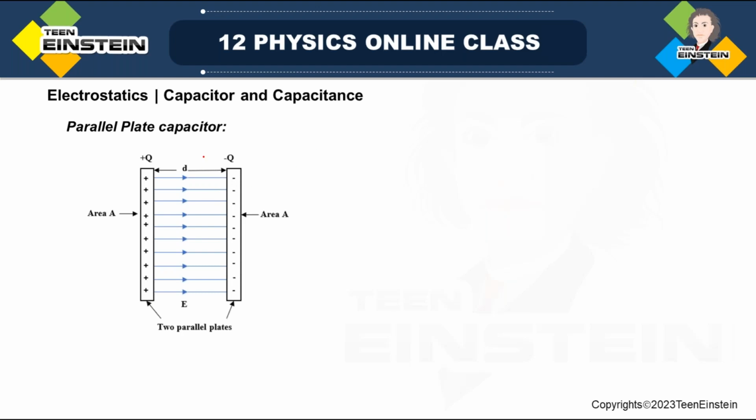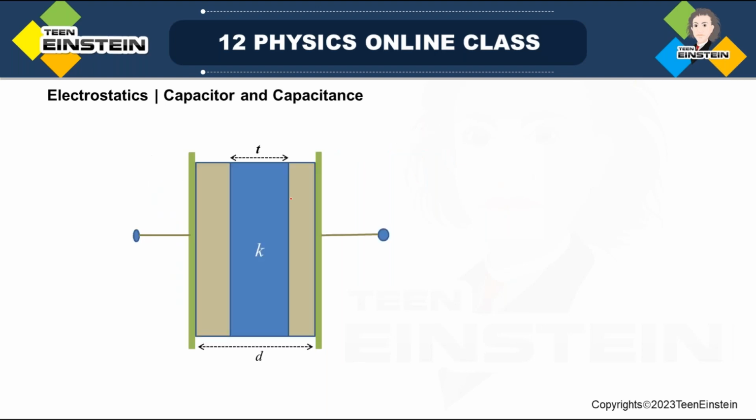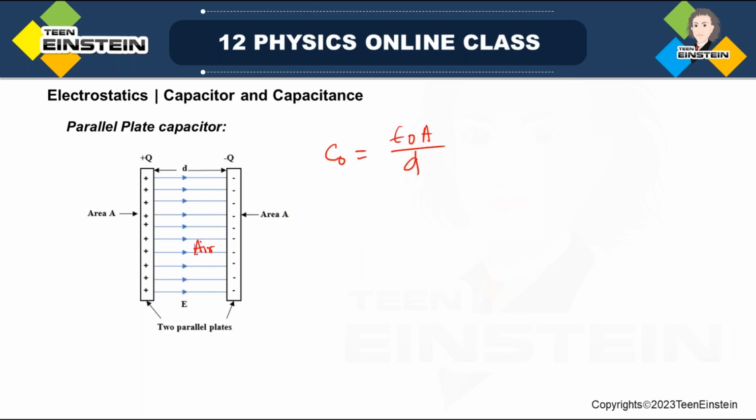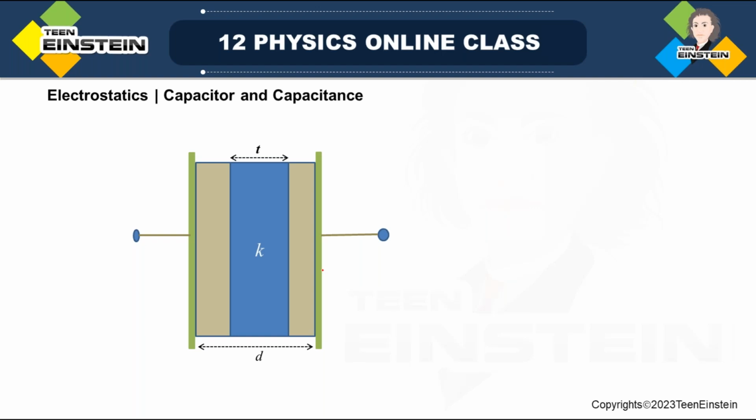Okay, so look, yesterday we had learned that for a parallel plate capacitor, when there are two identical conducting plates, large in size compared to the separation distance, and if the air medium is there in between, then we have found out that the capacitance of the parallel plate capacitor will be C0, that is equal to epsilon 0 A by D. But the same thing will change if we use a dielectric material. You see, in place of this air,